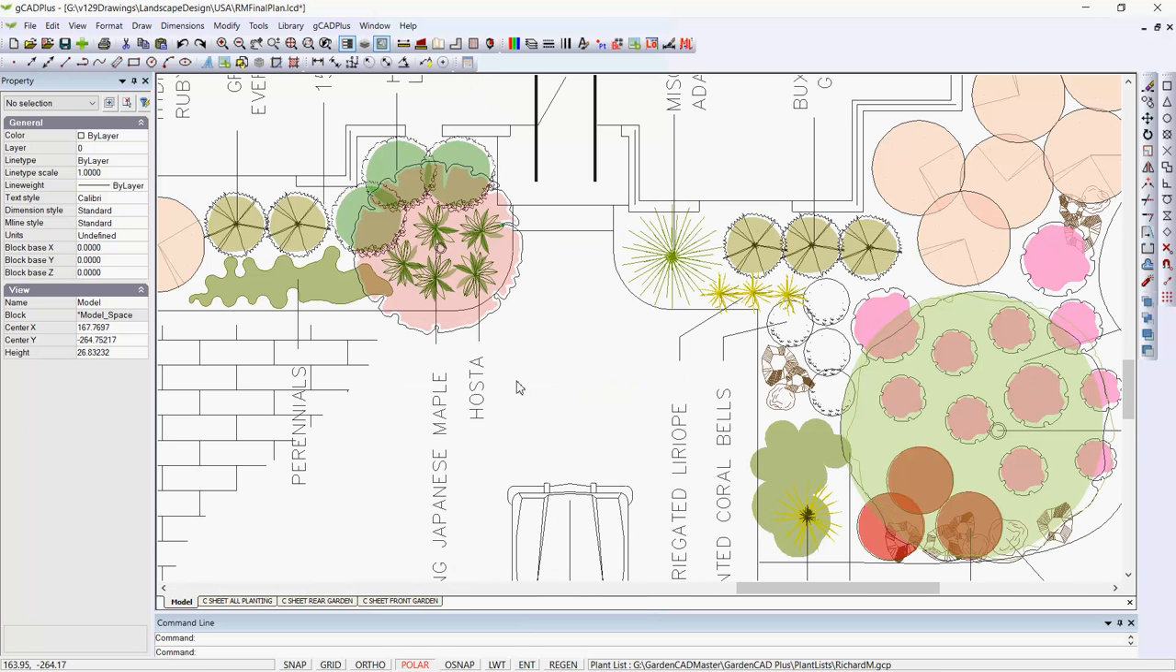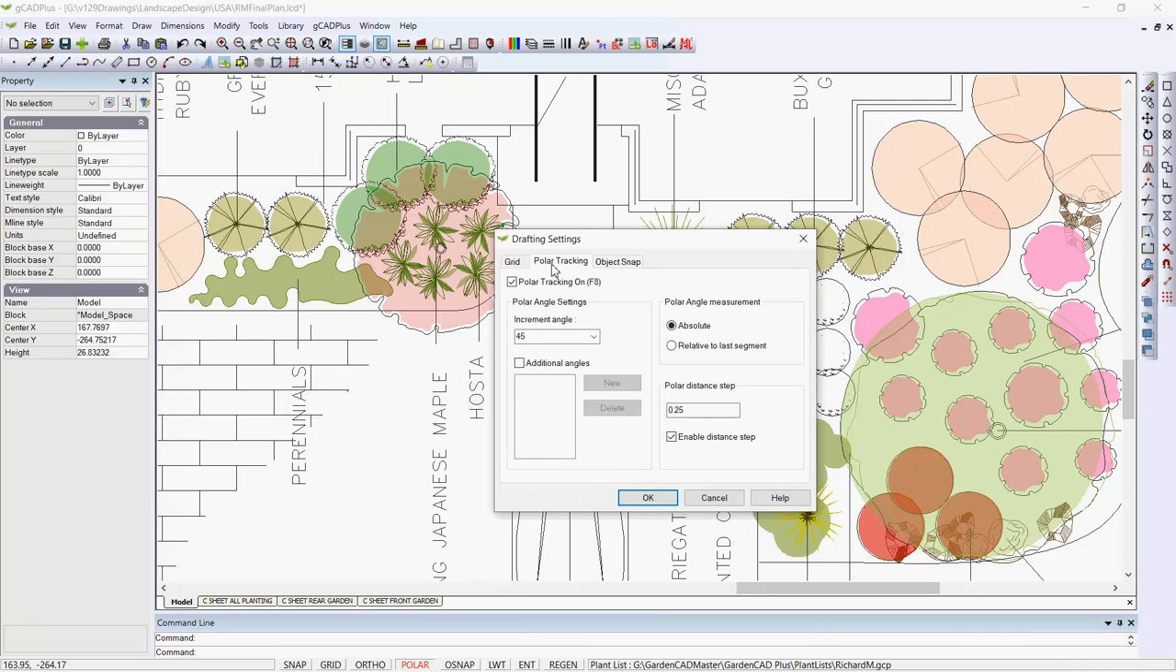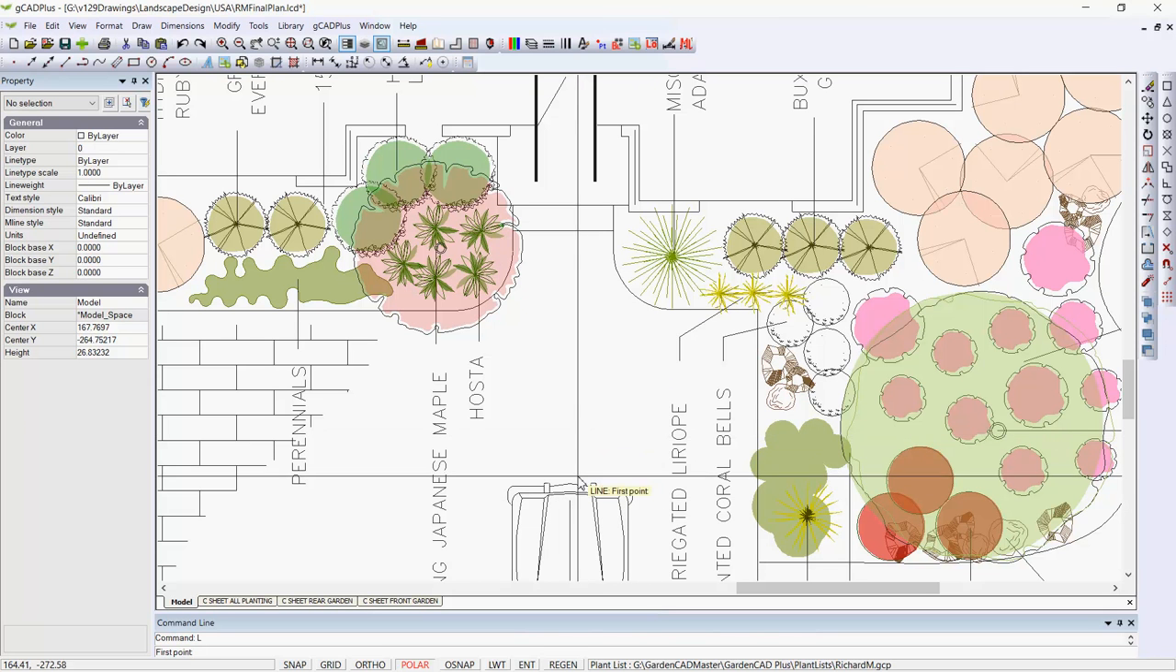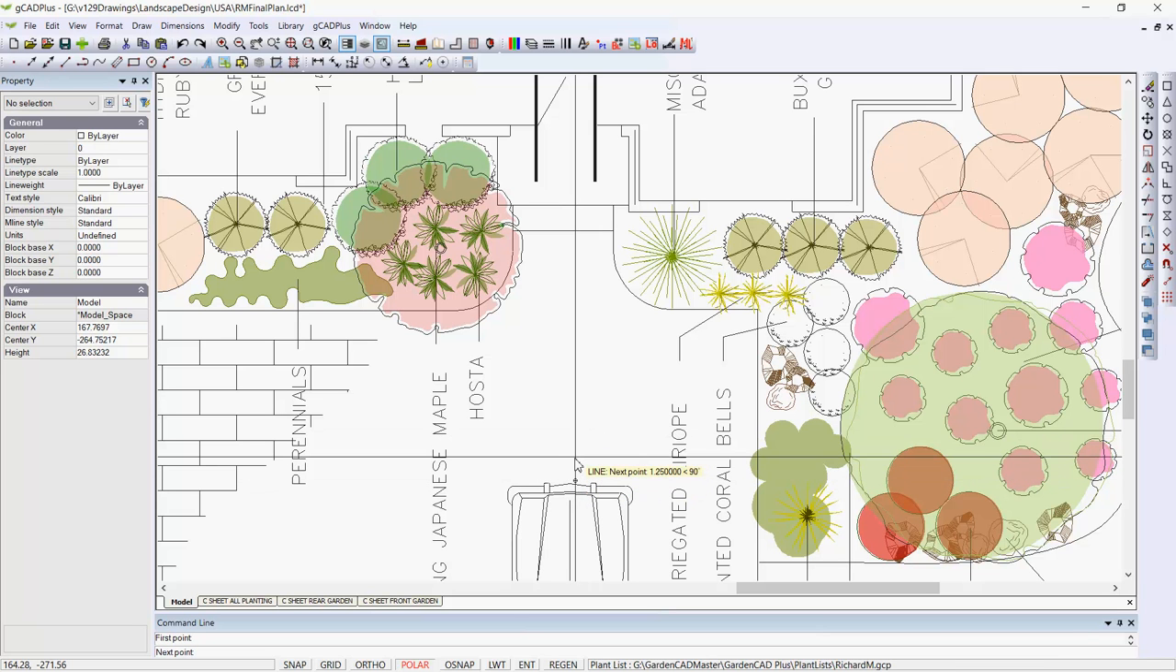command area. Another option you might find useful is to right click and then go to drafting settings, select polar tracking and set your distance step to 1/4 of a foot. So each time we move the cursor, we're going to move 3 inches. So we'll say OK. If we use the L shortcut for line and I draw from the front of that